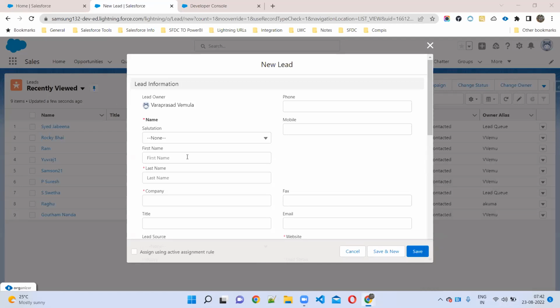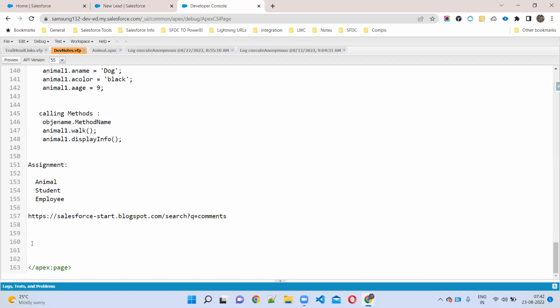Correct. So data types can be different: integer, boolean, long, string. Like the different data types we have. Exactly. So data type is which data you want to store, which type of data. Okay. Understand clearly, sir. So what is a data type? Which type of data you want to store?